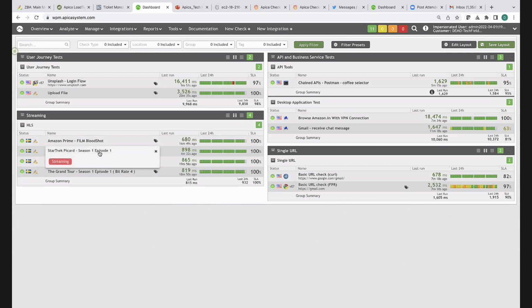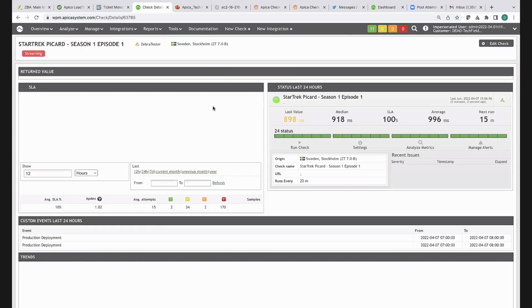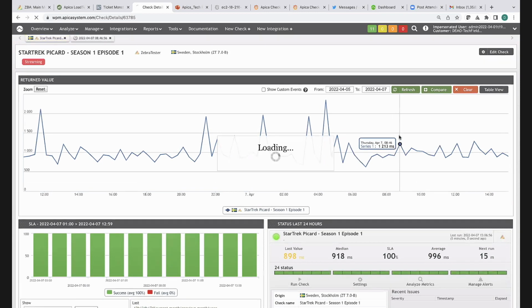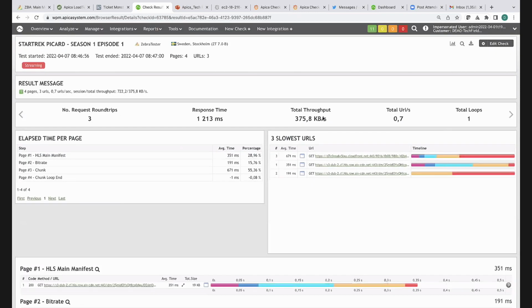So you're going to notice that these three steps to get to the lowest level and get all the metrics is going to look the same for most of these check types. It's just the type of data is going to look a little bit different. So we'll dive into this one as well. We see that this streaming is running every 10 minutes, it looks like. It's gone up and down quite a bit here as far as response time. But if we dig into one of these and take a look at the data we get back, for example,